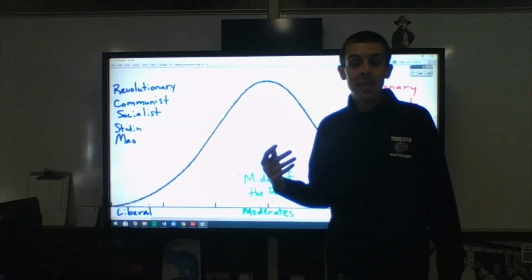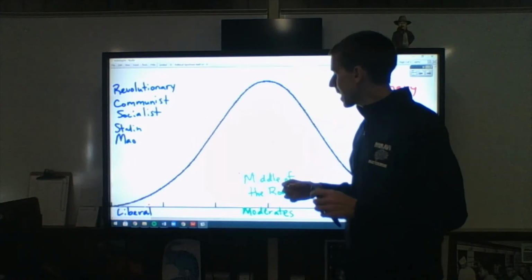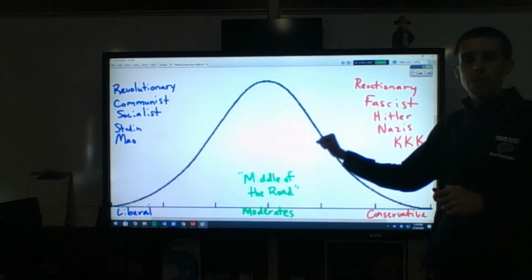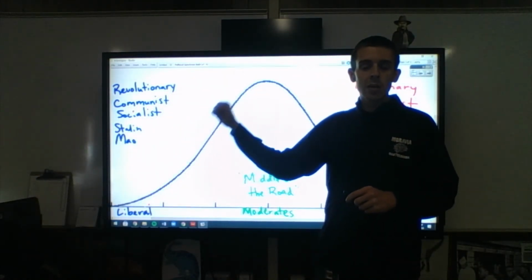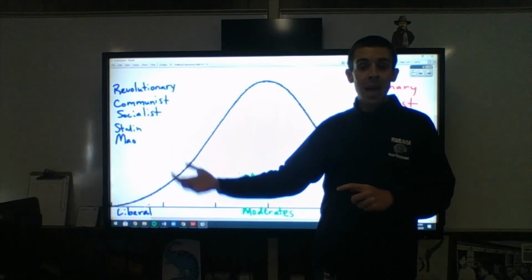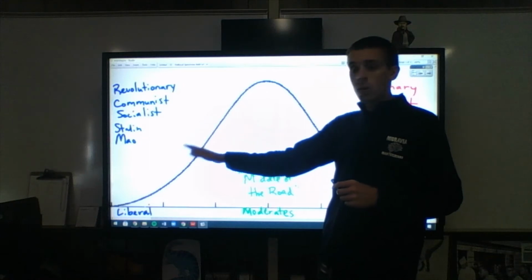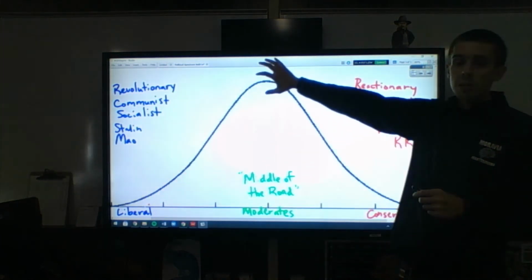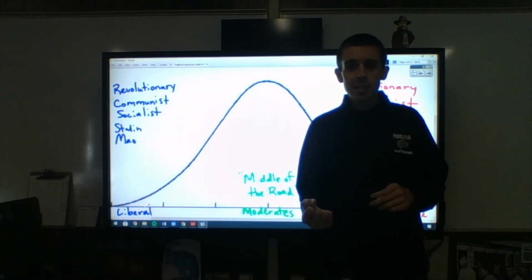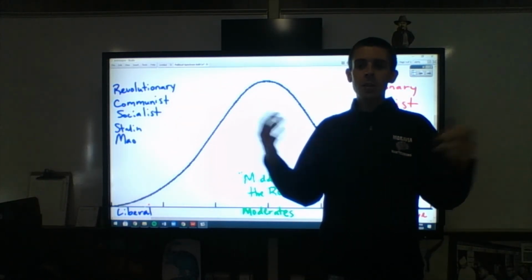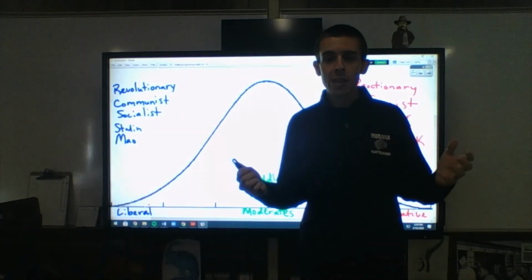And so each party has very different ideas about how to run this country. Republican ideas are going to belong a little bit more over here, and Democrat ideas a little bit more over here. And as a result, the people that they nominate for president belong more down the line than somebody in the middle. Now you might say, why can't somebody who's in the middle get elected as president? Then a majority of people would vote for them.